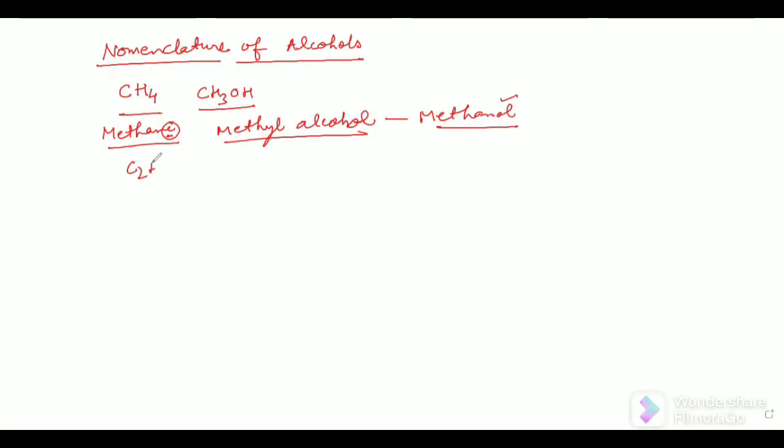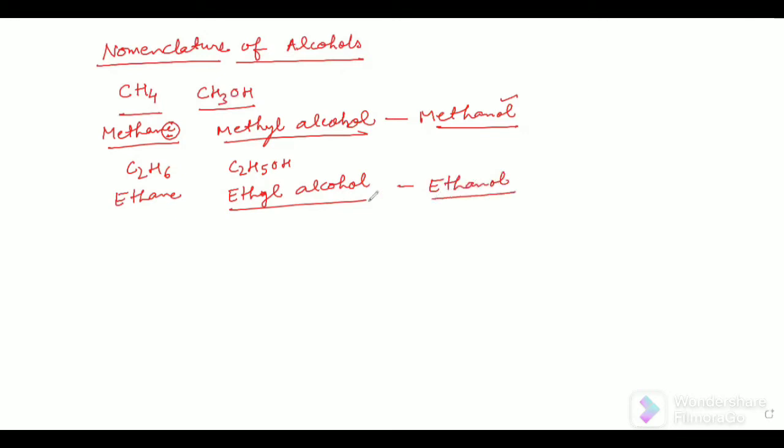Similarly, if we take ethane, the formula of ethane is C2H6. Hope all of you know. When you replace one hydrogen, we will get C2H5OH, that is ethyl alcohol. Now, what will be the IUPAC name? The IUPAC name will be ethanol. Okay. Now, next example,